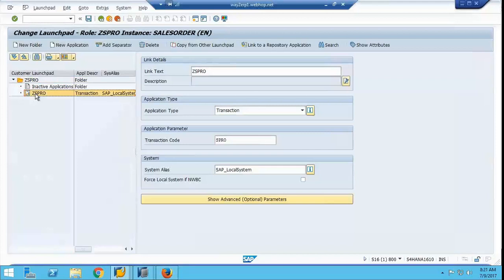LPD underscore cust is a transaction. Launchpad designer is a transaction. Launchpad designer will create groups and catalogs. You assign those groups and catalogs to the roles. Okay,